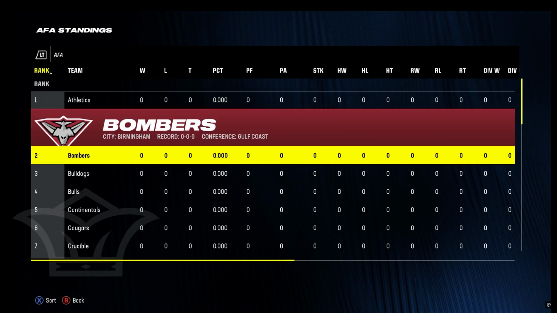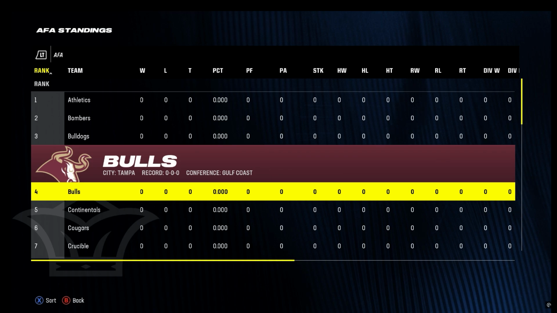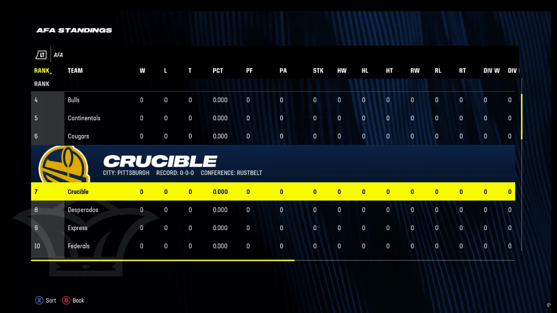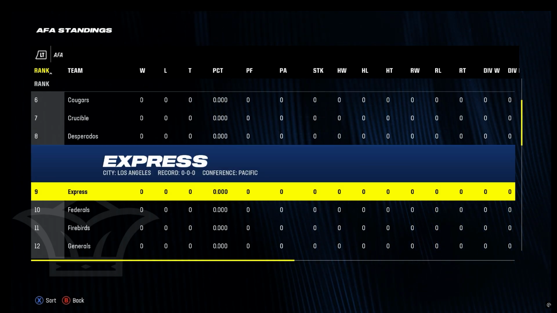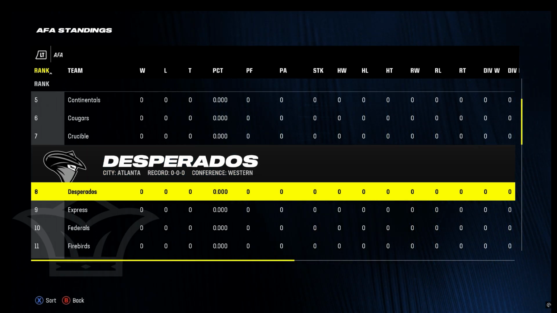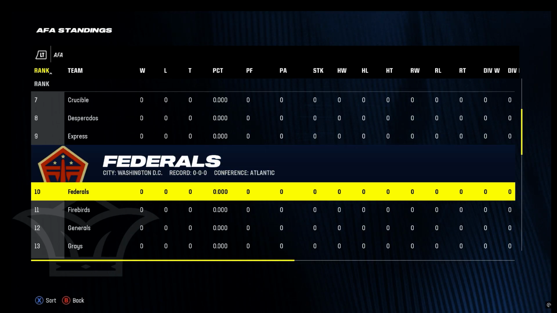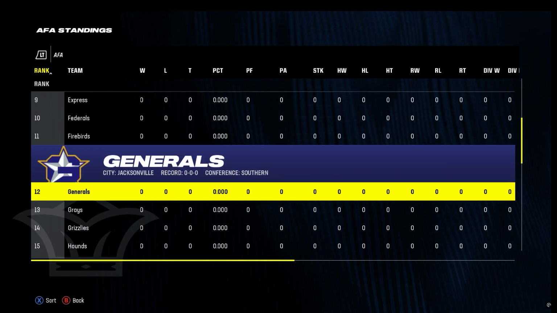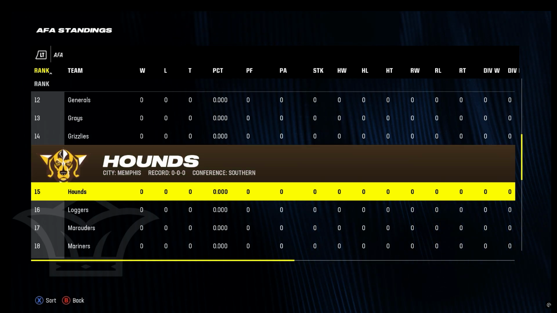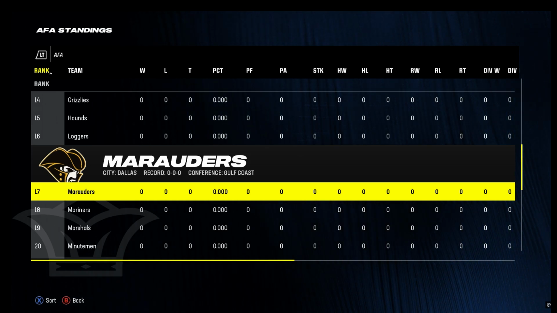We've got the Philadelphia Athletics, the Birmingham Bombers, Cleveland Bulldogs, Tampa Bay Bulls, New York Continentals, Carolina Cougars, Pittsburgh Crucible, Denver Desperados, Los Angeles Express, and as I just see here, for some reason Denver says Atlanta. I'll have to fix that. Los Angeles Express, Washington Federals, Phoenix Firebirds, Jacksonville Generals, Baltimore Grays, Minnesota Grizzlies, Memphis Hounds, Portland Loggers, and here's another one